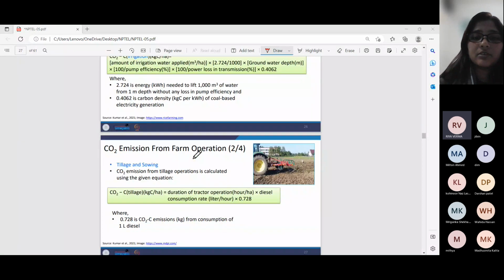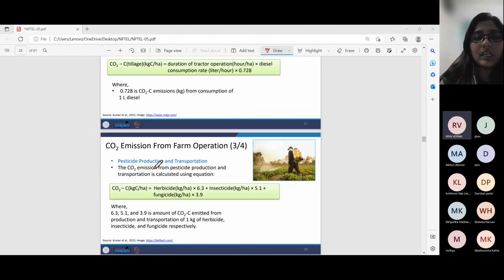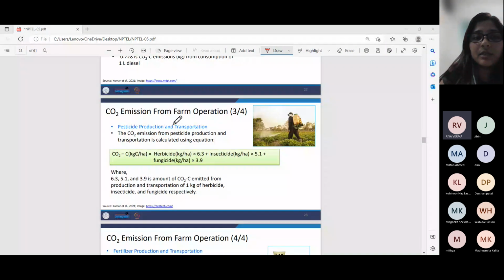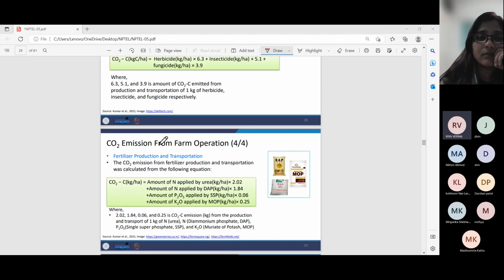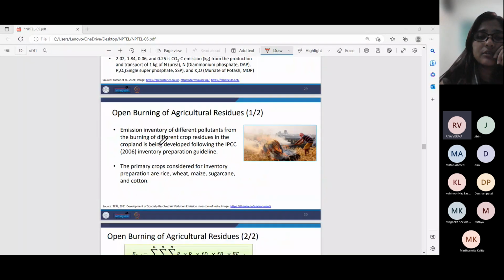Anyway, next is your tillage and sowing. This process also includes some CO2 emissions, because we are using tractors for tillage and sowing nowadays. Earlier, it used to be done by hand. Now we are using vehicles, so definitely some emissions will be there. Then your pesticide production and transportation is also generating some CO2 emissions. Similar is your fertilizer production and transportation. And next is your open burning of